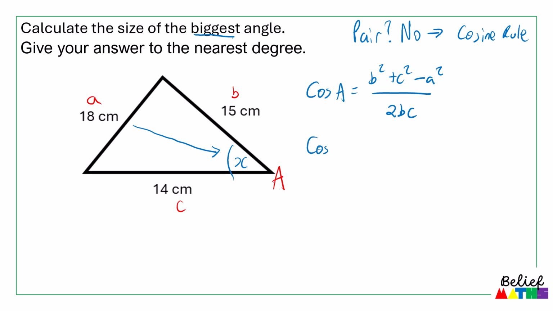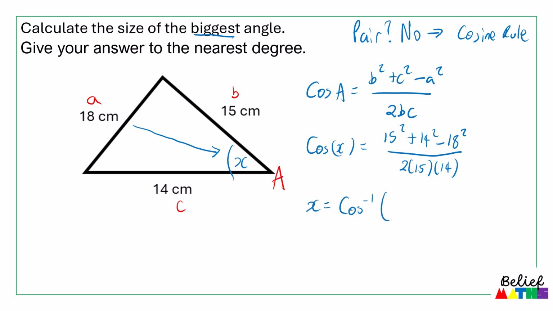So we get cos of X is equal to 15 squared plus 14 squared minus 18 squared all over 2 times 15 times 14. And now we're trying to find X, and remember, when we're trying to find an angle, we always use the inverse. So X is equal to cos inverse of